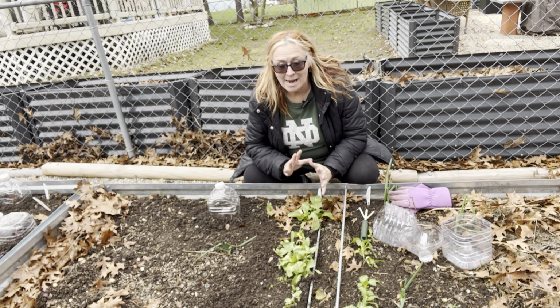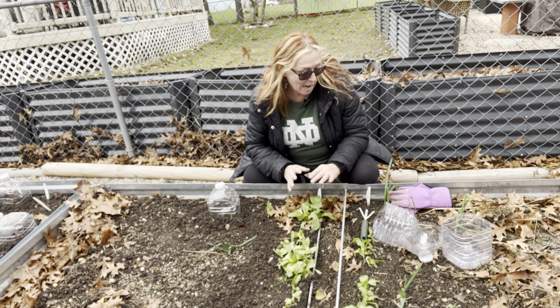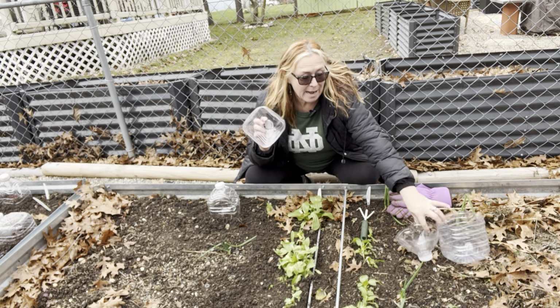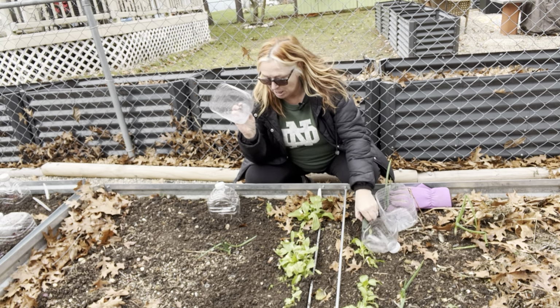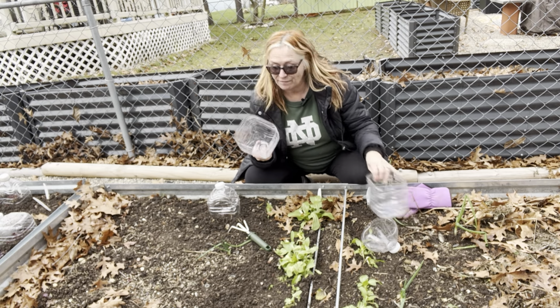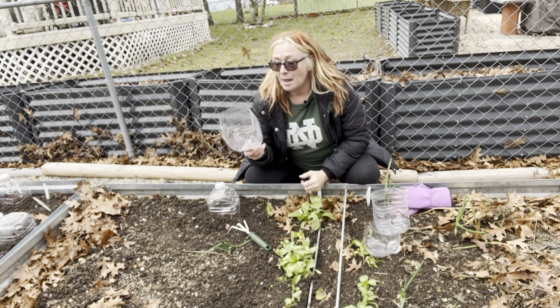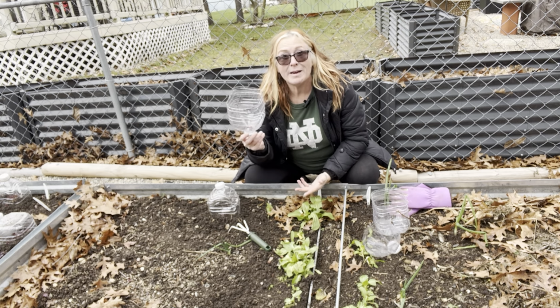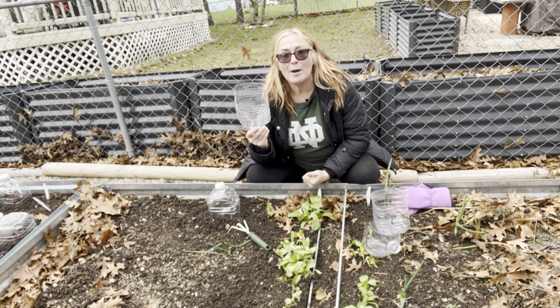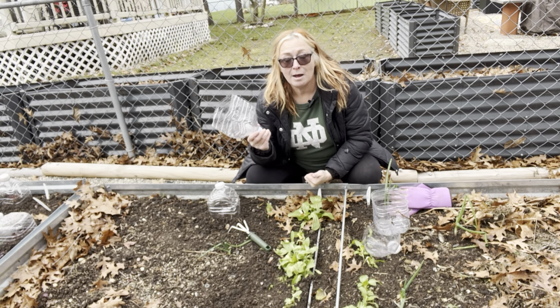And I am about to utilize some of my old plastic water jugs that I had actually used in the spring to transplant my tomato seeds into. I actually did a video on how to create self-watering planters utilizing your old water bottles, and that was a video I did in a blog over at my blog at